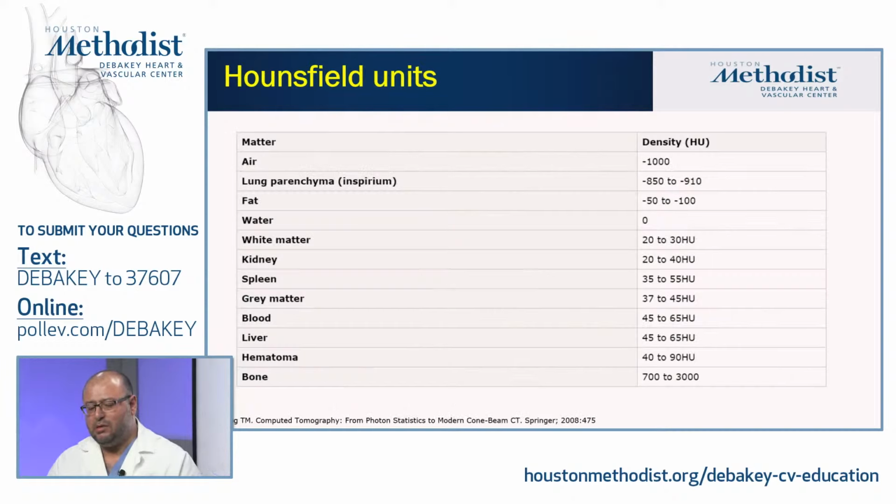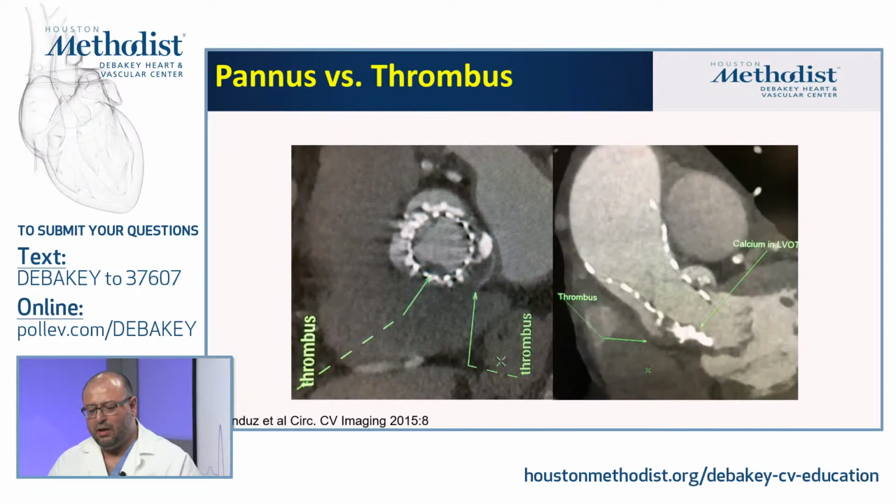CT is always also thought of when we think of prosthetic valves, and in CT we try to look at these structures and come up with what we are looking at. So in CT there's something called the Hounsfield unit, where each matter has its own attenuation compared to water. For example, air is -1000, and we try to look at these structures on these prosthetic valves and determine whether this is blood clot or something else.